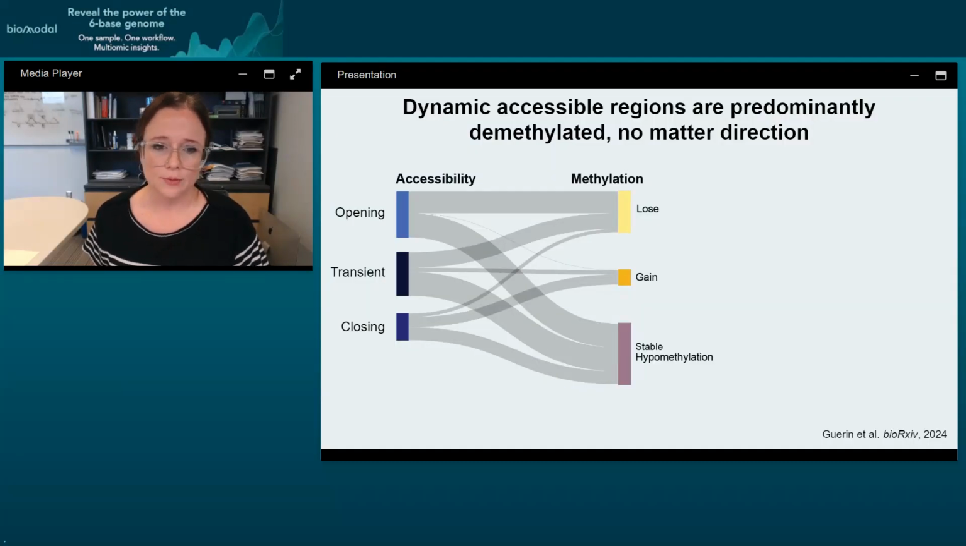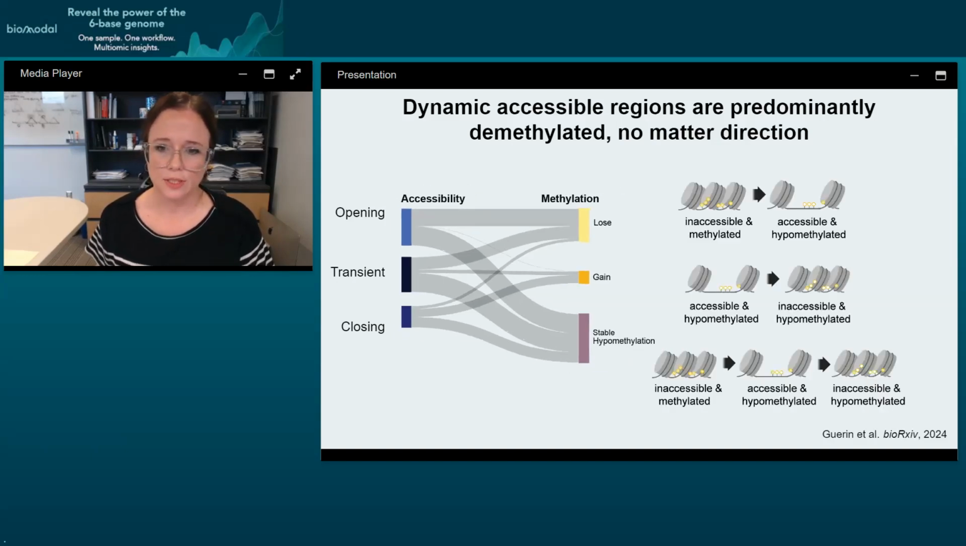And so we have these 3 different types of groups: opening, transient, and closing. And we can map those regions to a different methylation state, those that lose methylation, gain methylation, or are stably hypomethylated. And you can see the proportion of regions that map to these different combinations here. I will say that maybe 10% of these regions actually gain methylation. So there's a small subset, but by and large, most regions that are opening or changing in chromatin accessibility